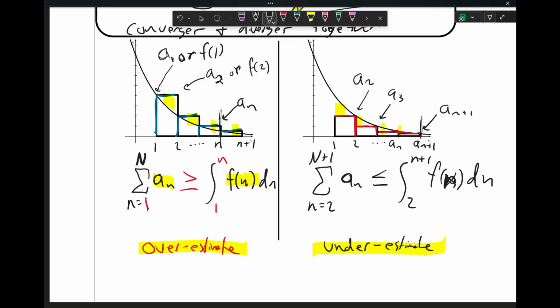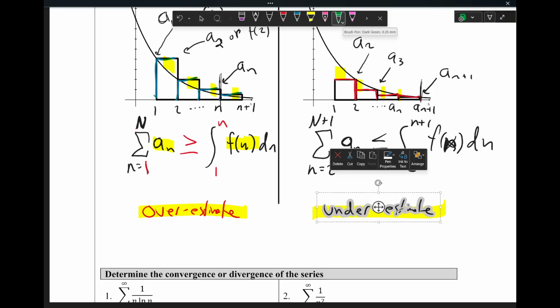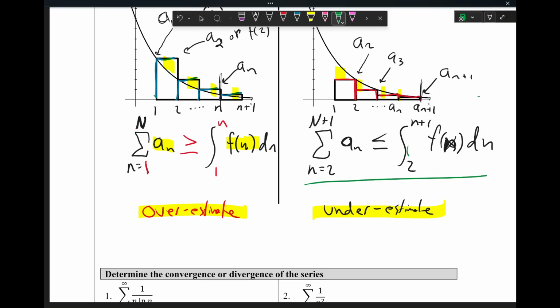Okay, so now here's the important part, we're going to combine these into a single statement. So here's our two possibilities. Either the exact area under the curve is less than what we get from the infinite series, making the infinite series an overestimate, or it could be a right Riemann sum where the actual area is an overestimate of the infinite series. So the area under the curve is bigger than the infinite series because there's stuff that we're missing. So if I try to combine these into one statement,